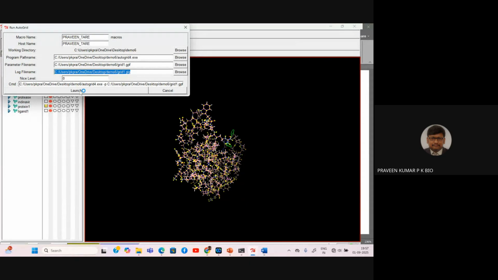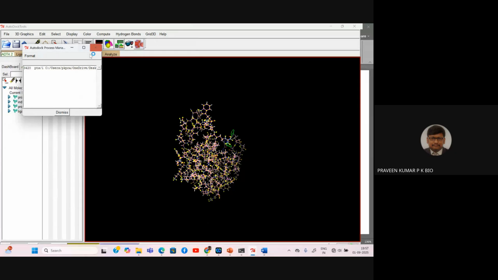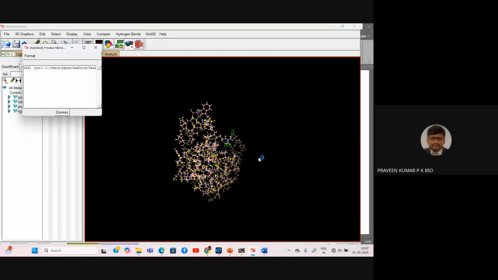Okay, now you have to simply click launch. So you'll be getting this white window. This white window should not immediately disappear. If the white window immediately disappears after completion of that step, then there is some mistake in your